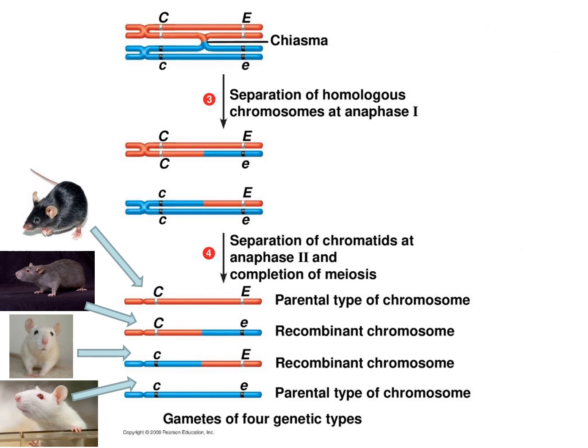Something as simple as where chromosomes end up through independent assortment, or whether or not a crossover event happens, like in this mouse example, increases the amount of